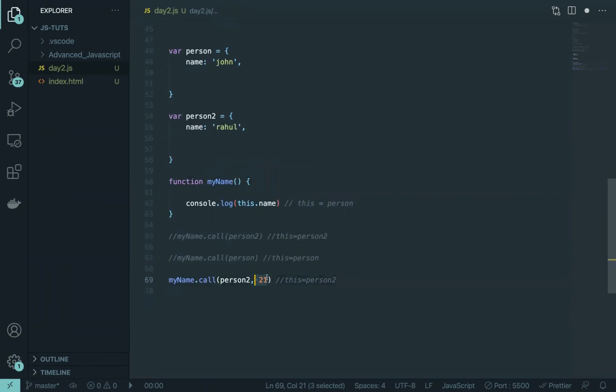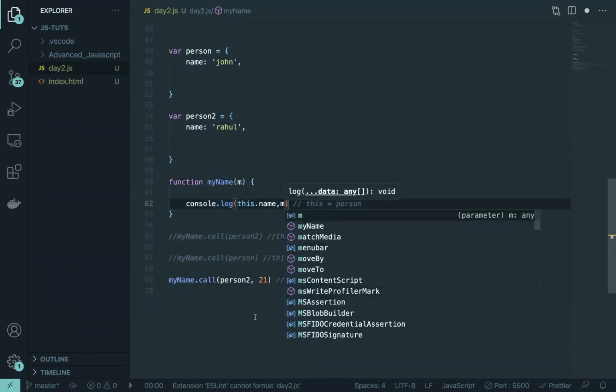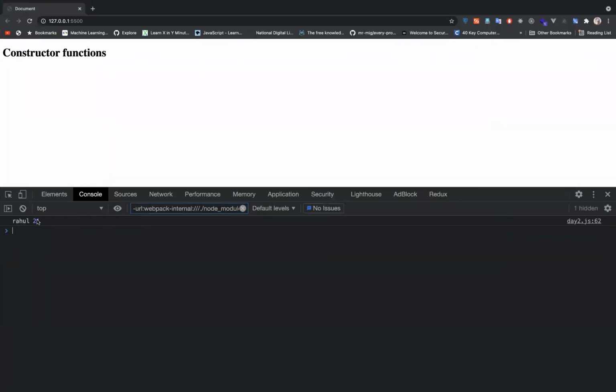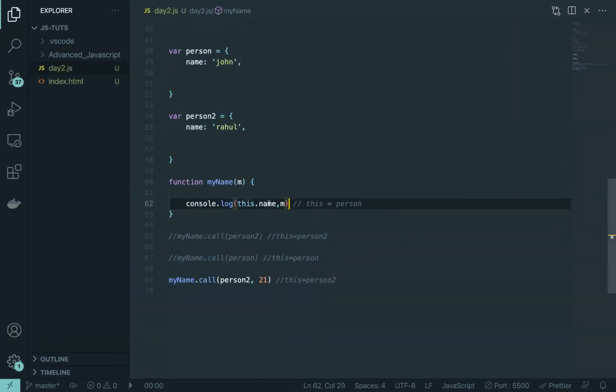How? Because again, it is a function that we are invoking. Ultimately, it's just myName. So all I have to do is just pass in m here. And if I just console.log it, you should be able to see it is showing me the value 20. Now you can do whatever you want with that information. You have that value and you know the value of this, and I'll just make sure that it is person2. So what if I want to set an age property on person?